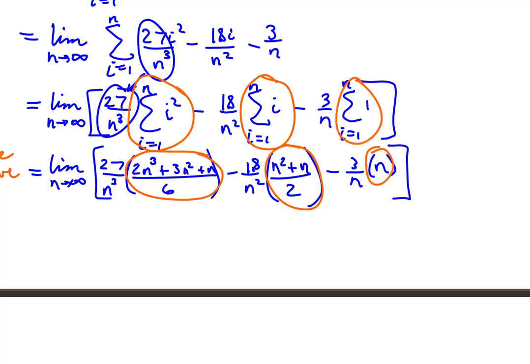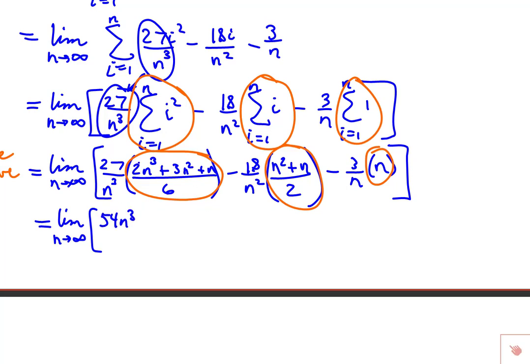Now this limit should start to be looking much more friendly here. If you think through carefully, this is really just a limit of rational expressions or functions, which is old news for us. So let's rewrite this again as the limit as n approaches infinity of. Now we have all these expressions, but as you may recall, there's a bit of a shortcut to finding a limit of a rational function, and just when you compare the degrees of the numerator and the denominator. So I'm going to summarize this first term as